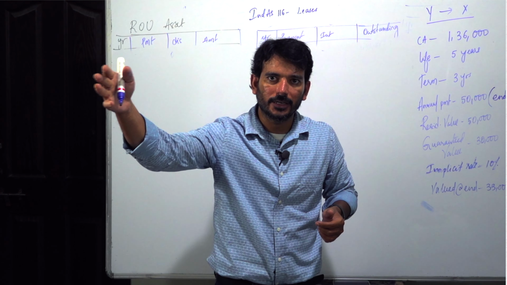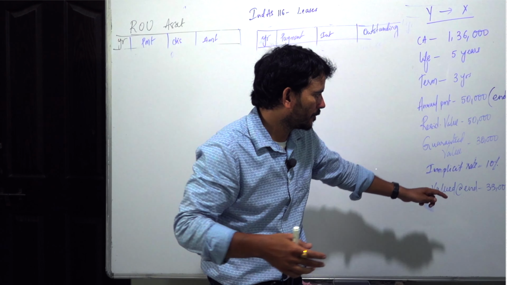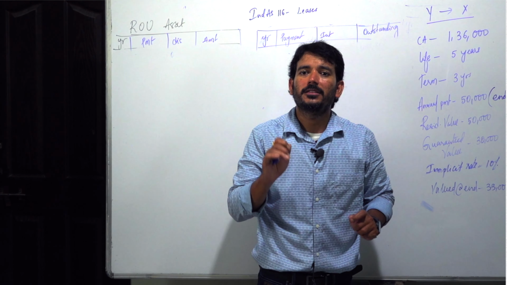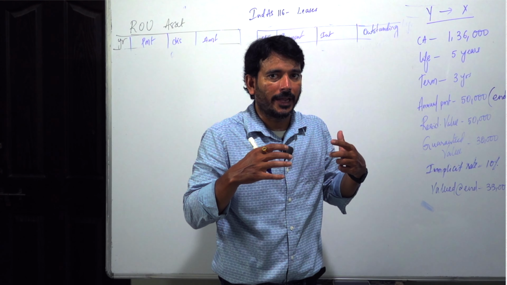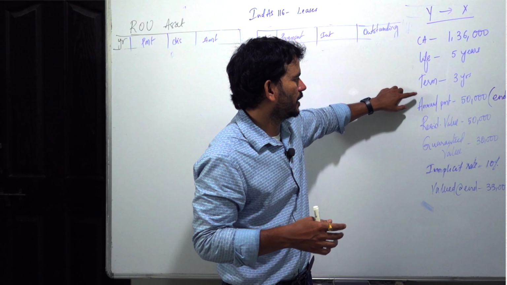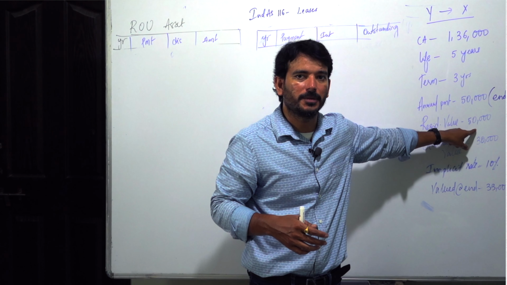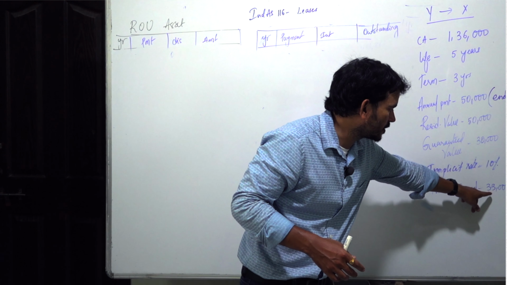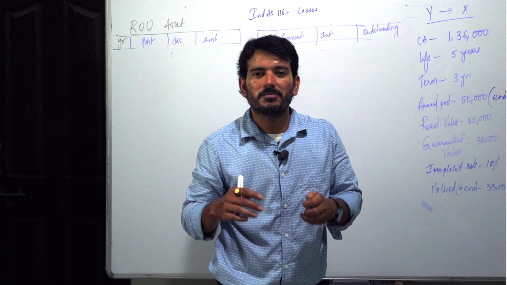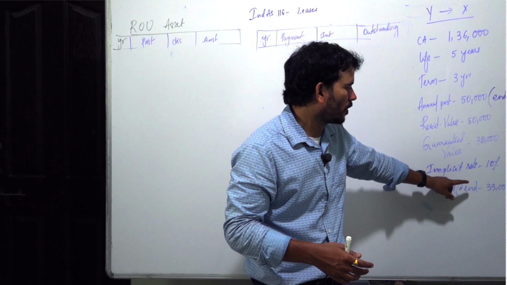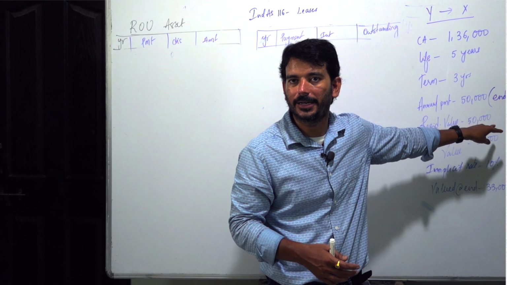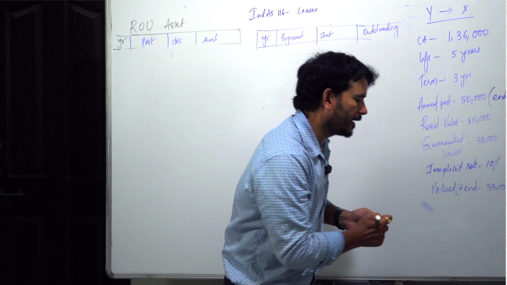At the end of the 3rd year, I try to sell it in the market and I get only 33,000 rupees. When I initially entered into the contract, I thought my asset would fetch me 50,000 rupees, but eventually it fetched only 33,000 rupees, which means that you have used the asset in a very wrong way, that I am not able to get the money that I thought I would be getting initially. So I am getting a loss of